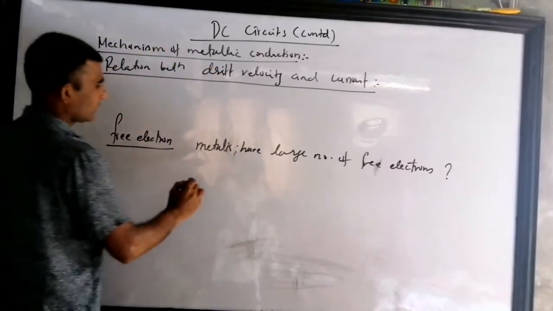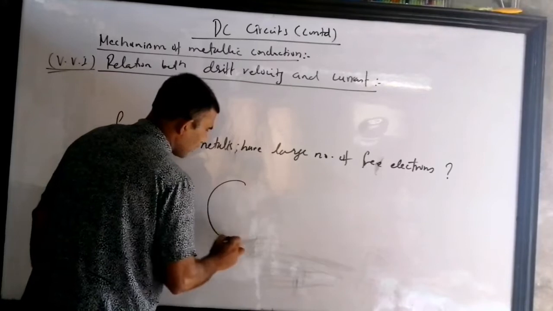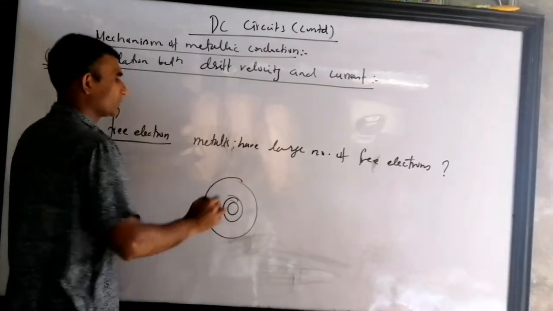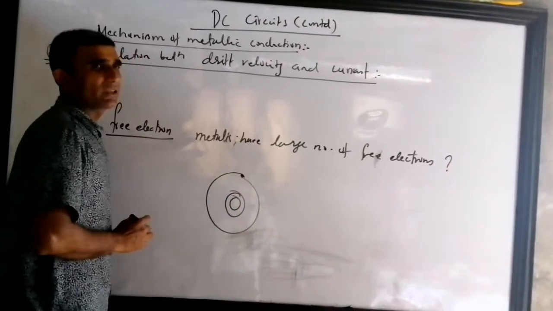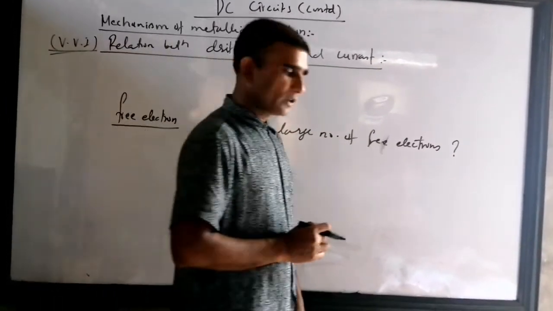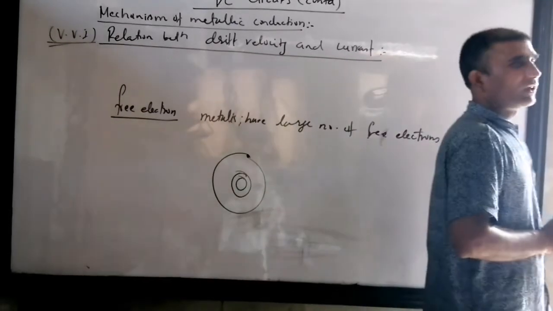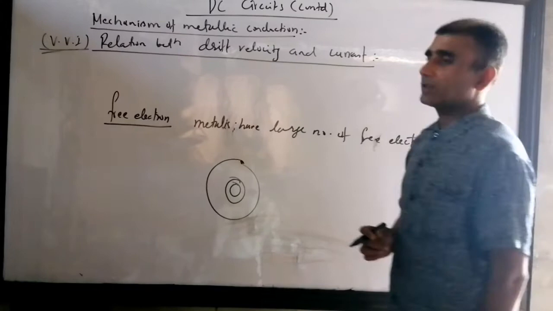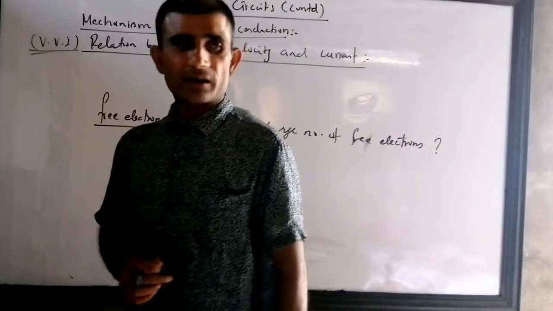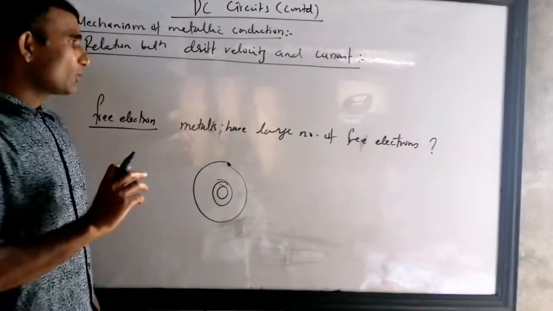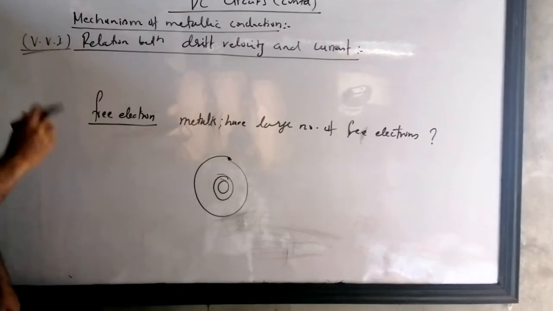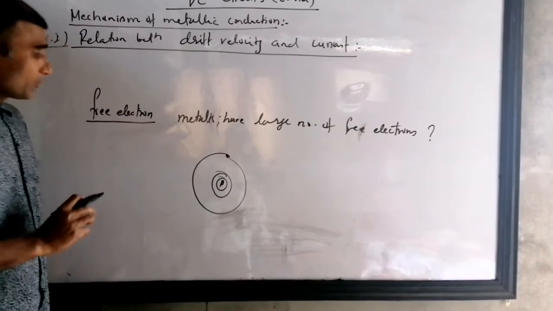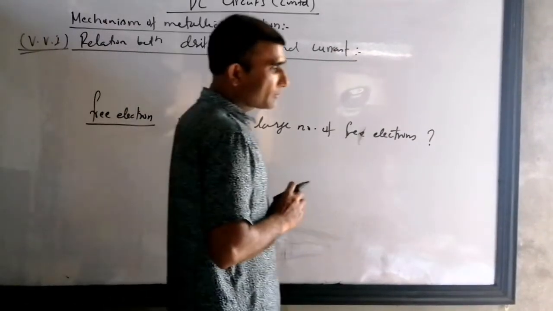Actually, if you do the electronic configuration of a metal, you see that in the outermost shell there are 1, 2 or 3 valence electrons. These valence electrons are less influenced by the nucleus. Relatively, they are further away. And so in a metal, electrons are not properly attracted by the nuclear protons, and so they are free to move